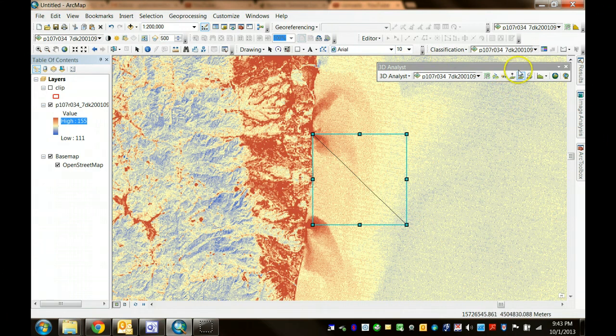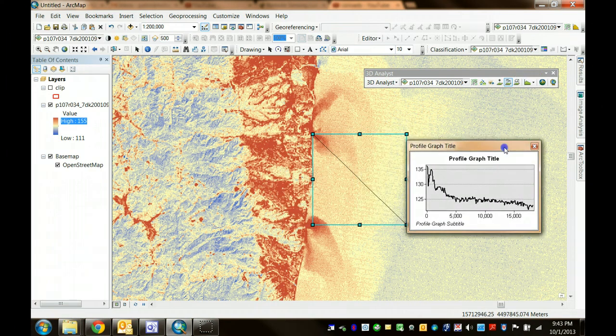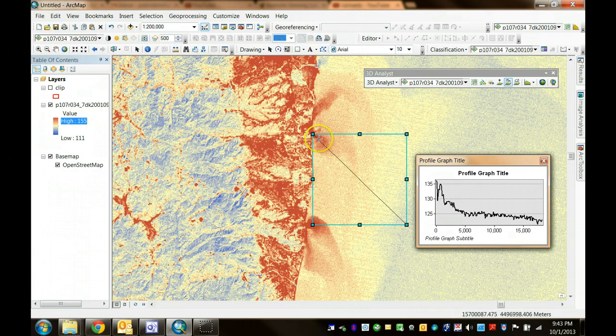ambient water is. And then when you look back at your toolbar, you'll see that there is a new tool that's become available when you created that line called Profile Graph. And I'm going to create a profile graph, and you can see here's the graph. This is where it starts, right up in this part. It starts here, and you can see the values are up near 135, and they drop off in a fairly slow fashion, and they start to level out here at about 125, 124. So it looks like this is about the ambient temperature. You can see it's even dropping a bit more, maybe down to 124, or even less, as we move out